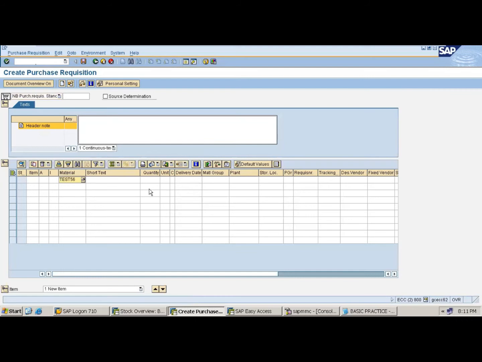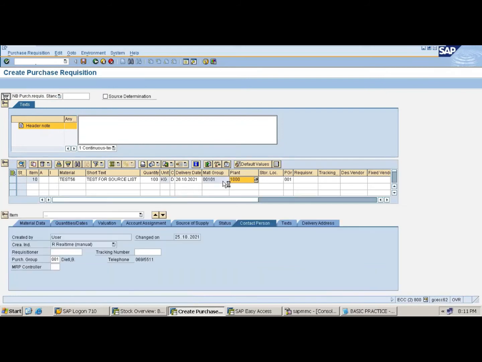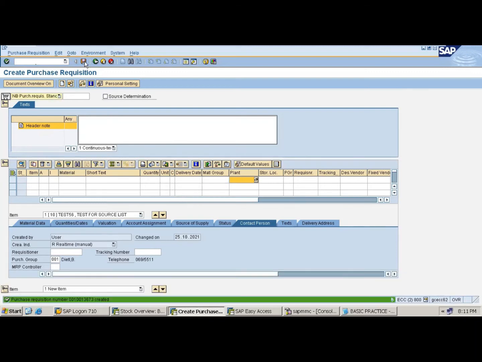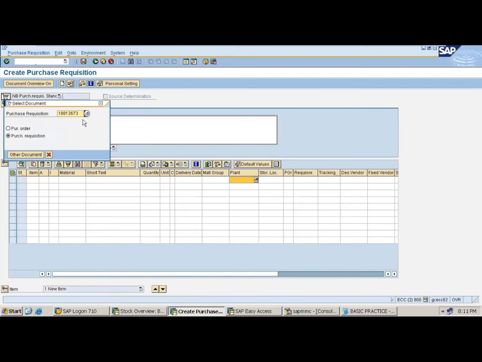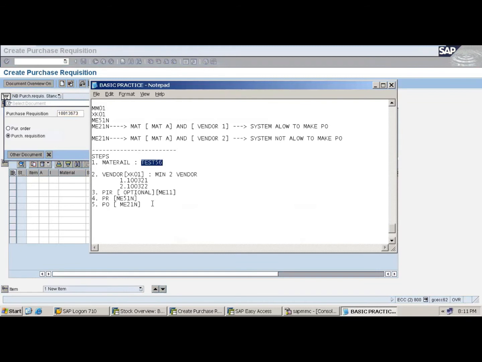So material 56, quantity 100 for plant 1000. Enter. Then check. Go for save. Okay. So the PR number is 100673.